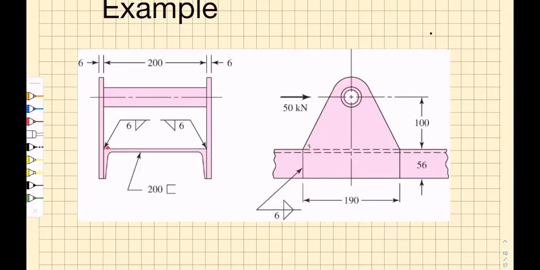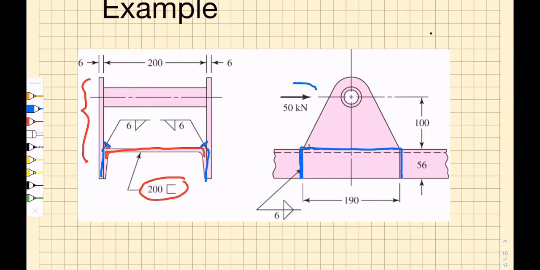The best way to sort this out is to use an example from the Shigley textbook, where a handle bracket, shown here, is welded to a 200 U channel, shown here. And there are fillet welds that are placed up here, and there are fillet welds that are placed along the edges of the sample. So we have a fillet weld on the back side of this bracket that goes like that, and then down each side on the outside of the plate. So we have these internal fillet welds and these external fillet welds to attach this bracket to the U channel.